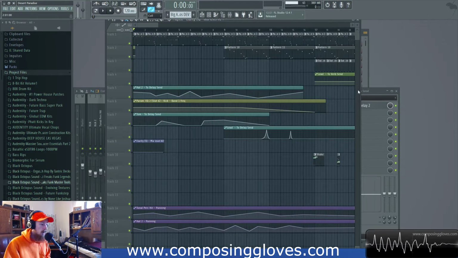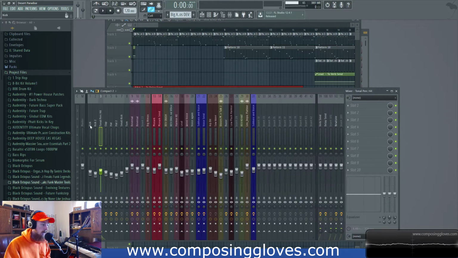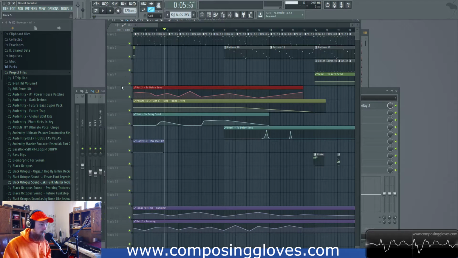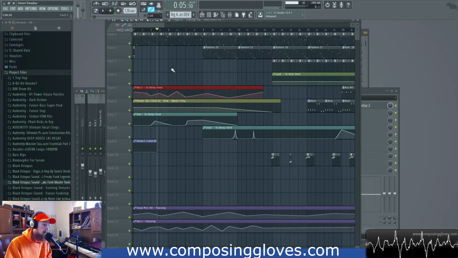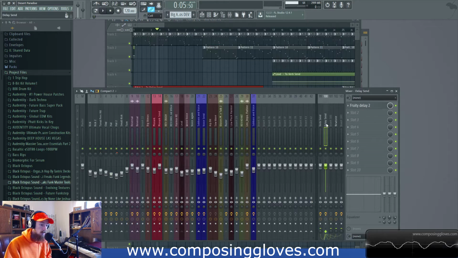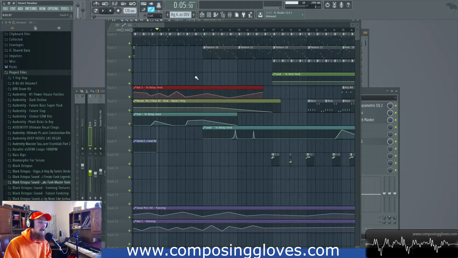And something you may not have realized is I'm automating the delay with the hat. I have this hat going on, and as I move it around, I can't remember which hat it was because I have a couple. One of them has a delay, and I'm using it to create the fundamental rhythm, and I influence that rhythm by changing it. Now, this is the delay send. So it's being automated to this send to create some interesting, more dynamic rhythms instead of creating a sense of